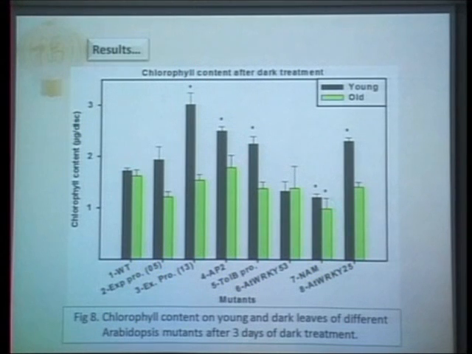Whereas this non-transcription factor has significantly lower chlorophyll content as compared to the wild type, which means this non-transcription factor itself enhances the tolerance towards dark-induced senescence, because in its absence we have low chlorophyll content, so when it is present it might have higher chlorophyll content. It means it is prohibiting the plant from degrading the chlorophyll upon dark treatment.